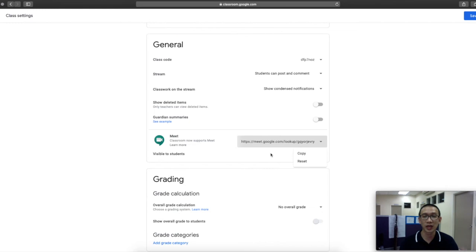All right. So whenever you're ready, click reset. Then your Google Meet link will be reset to another different link. Then choose this one to make it visible to the students. All right. So far,